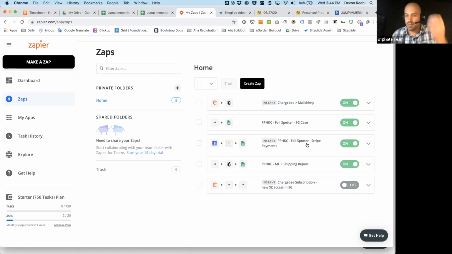The other thing we're doing, which is creative, and I don't know if it's going to work yet, is I built a Zap called a fail spotter. Sometimes Stripe payments fail, or a case doesn't get created. This is a higher volume thing, so maybe there's like 800 to 1,000 registrants. There's a lot of people running through this thing, and something might fail along the way. So my idea here was